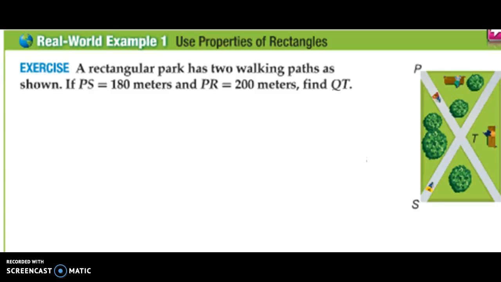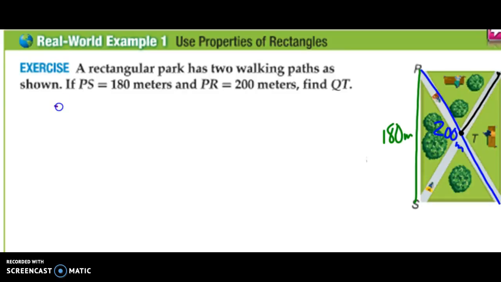It says a rectangular park has two walking paths as shown. If PS is 180 meters and PR is 200 meters, find QT. So QT is this value right here. Well, since we know that PQRS is a rectangle, okay, since we know PQRS is a rectangle, we know from theorem